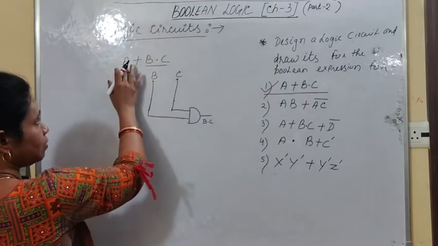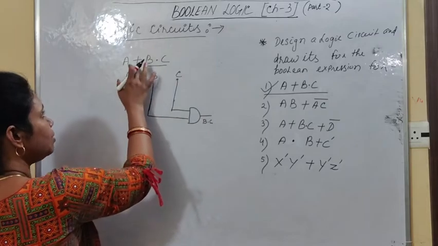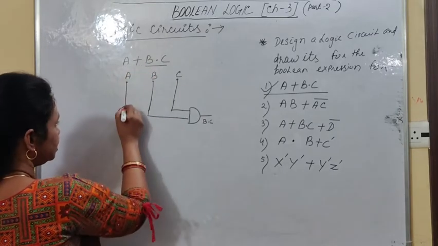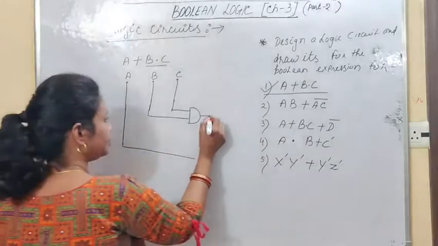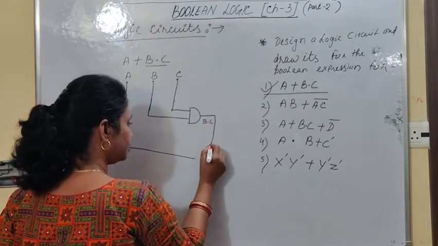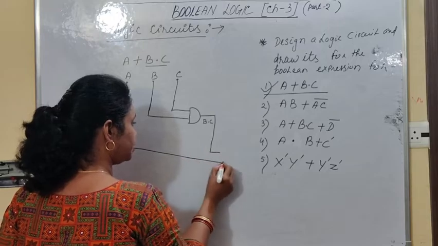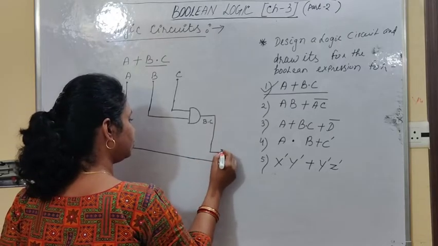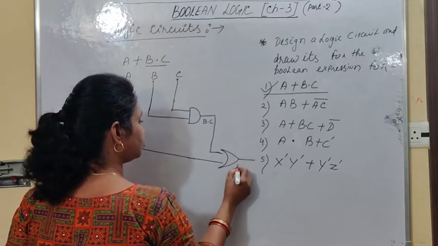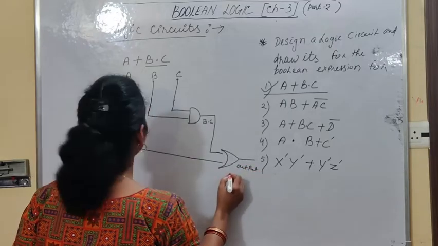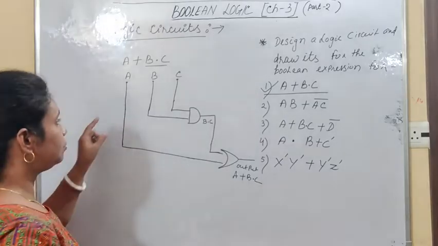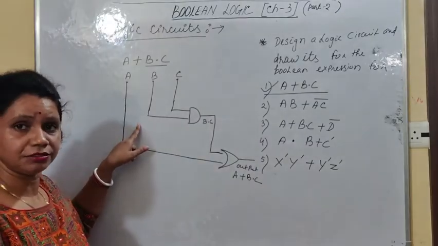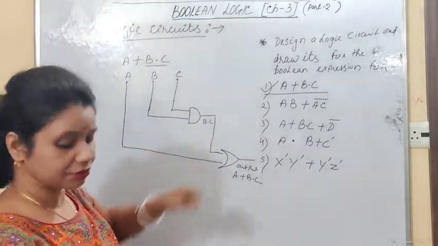After that, this is one signal only. So now you have to implement this OR gate. So you just extend this A signal, and here also extend this signal B dot C. Now you have to implement the OR operator. Now this is your output, students. This is the output of A plus B dot C. So in this way you have to draw the diagram. Right students? Now we will discuss the second question.